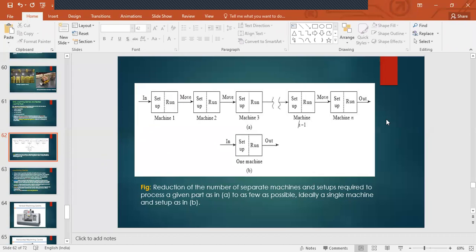So it has to go through all of that. What we are trying to do is ideally make it 1 machine, and this machine should be able to handle all those processes that were done by individual machines. That's what is there diagrammatically, if you can see.